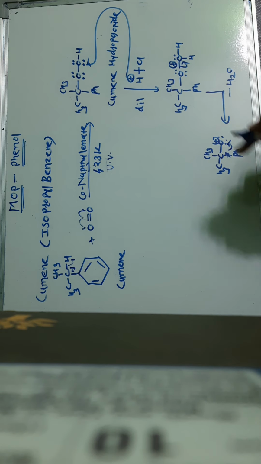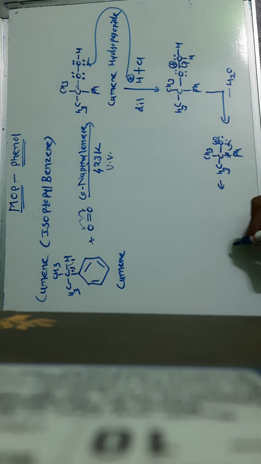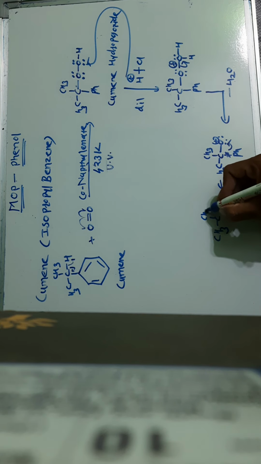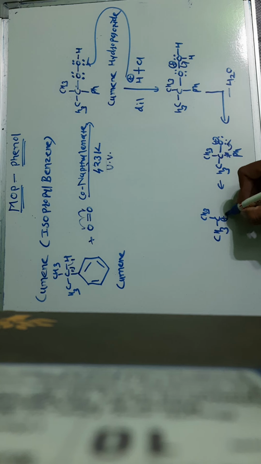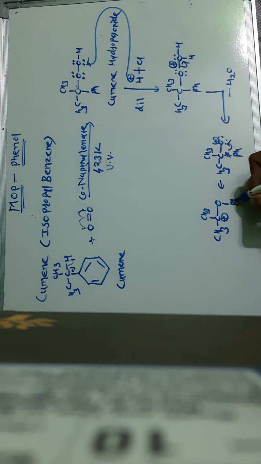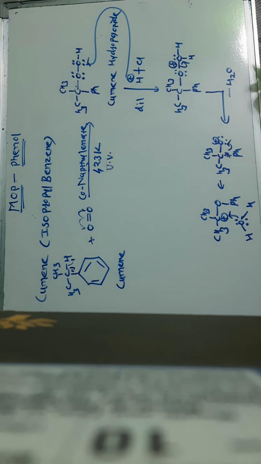If this shifted on this oxygen atom, then we can get here CH3, CH3. This carbon now has a positive charge, and this oxygen now has the phenyl group present on it. Okay. Now this H2O molecule is present here. Now we know that the oxygen in the H2O molecule has two lone pairs of electrons. This carbon requires electrons, and this oxygen donates the electrons to this carbon.